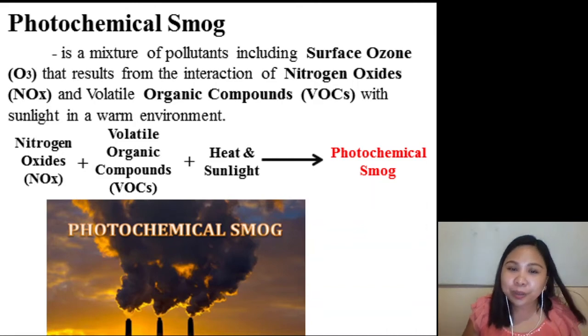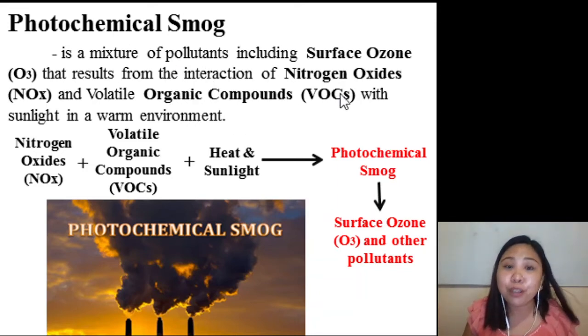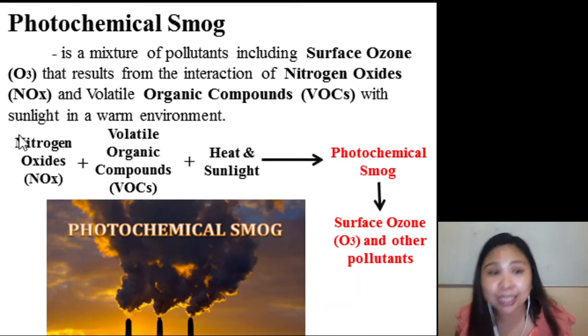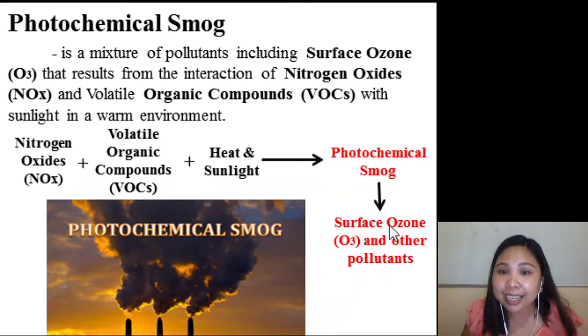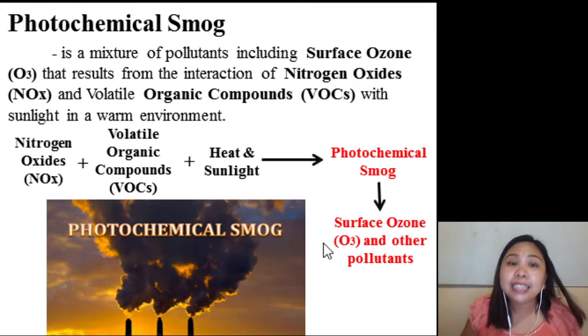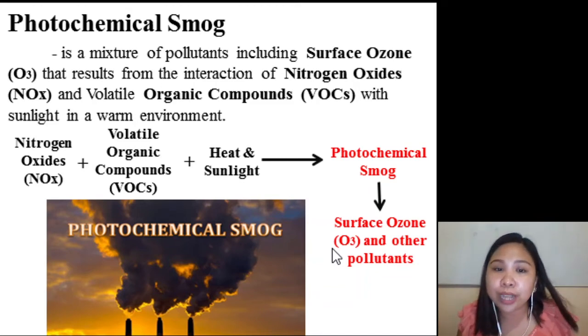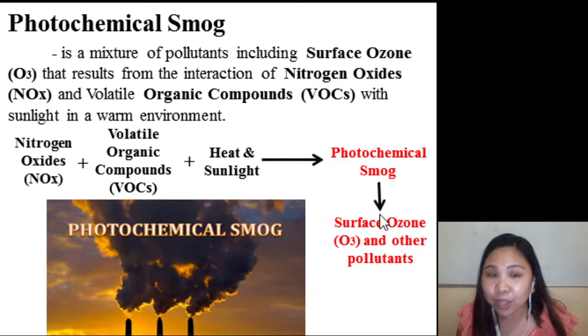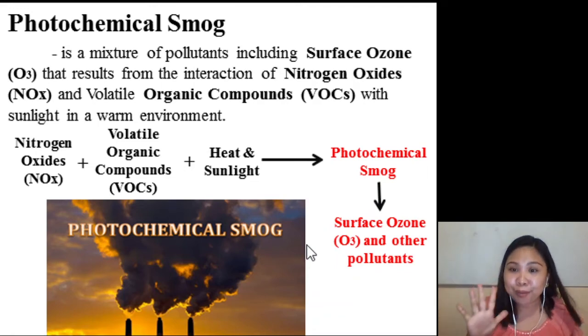Okay? So, ma'am, eto ba? Ayan. So, etong photochemical smog, sabi dito it is a mixture of pollutants. Okay, mixture na po ito class nitong mga pollutants, including the surface ozone and other pollutants. Kasi class, etong surface ozone na ito, this is another secondary pollutant na napoproduce din whenever nagkakaroon ng interaction. So, tingnan natin kung saan nakiki-interact, bakit nagkakaroon ng surface ozone. Huwag kayong malilito class.